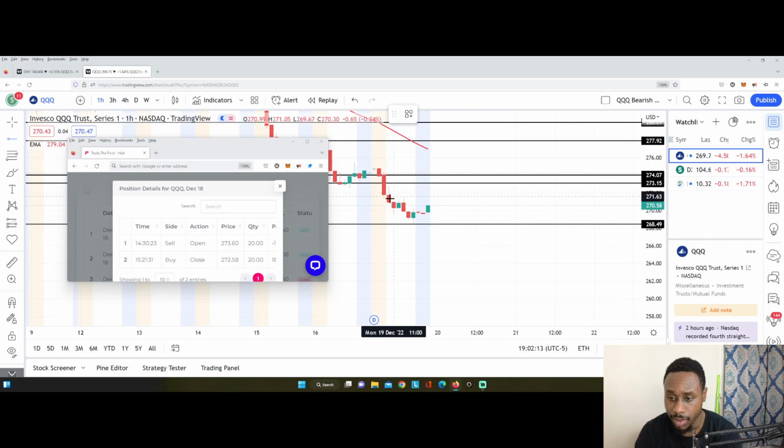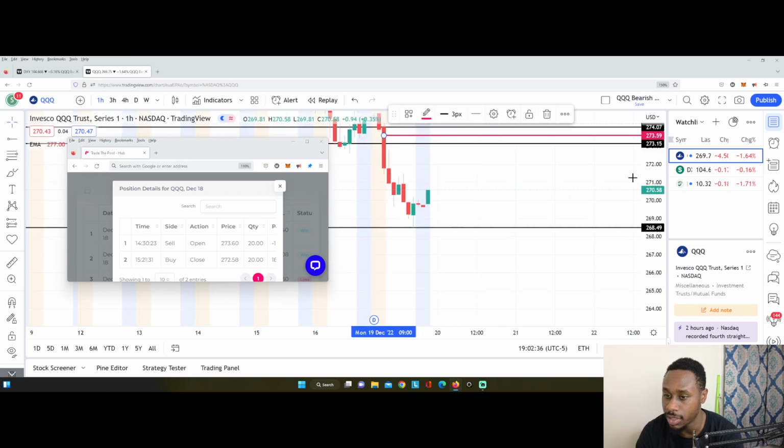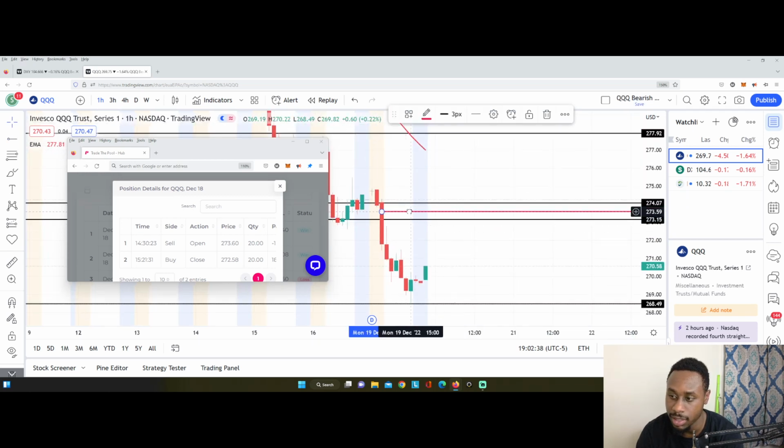But I'll show you where I entered here. So this is on the 9 o'clock candle, because it's 9:30. 9:30 is between 9 and 10, so it's a part of the 1 hour 9 o'clock candle, which is this one. And I entered at around market open, which was 27360. So that's a little bit down, because as soon as the market opened, it started to kind of drill down,